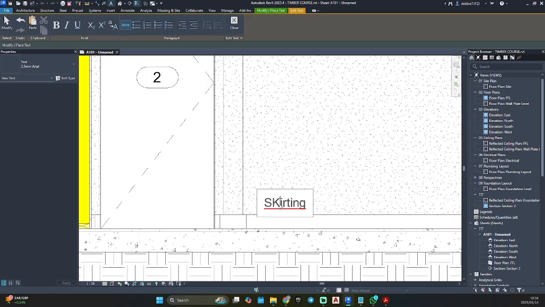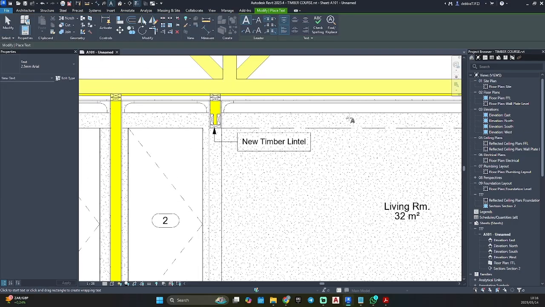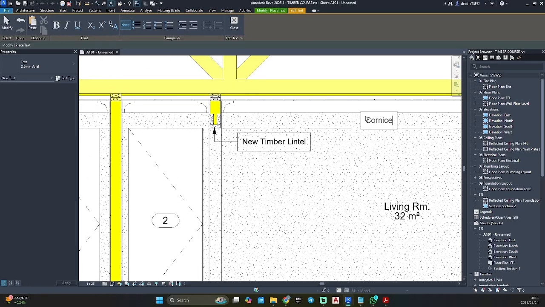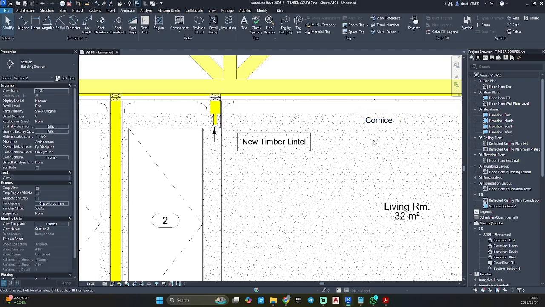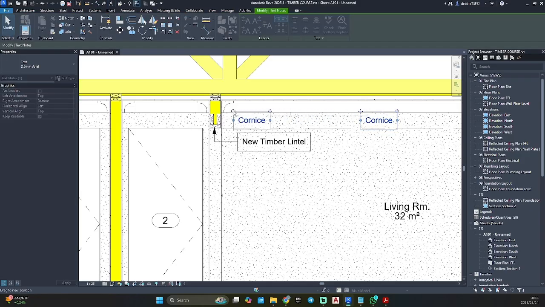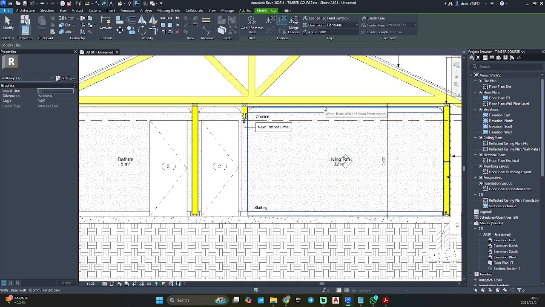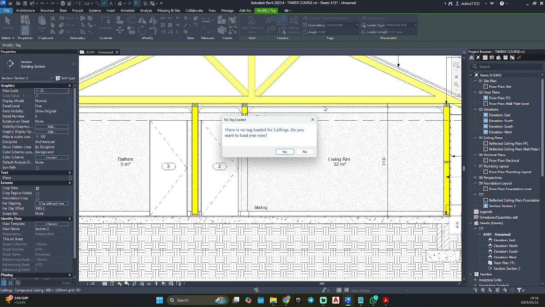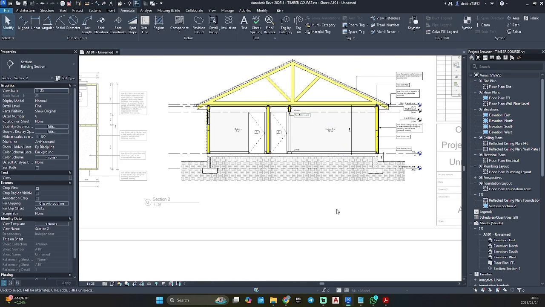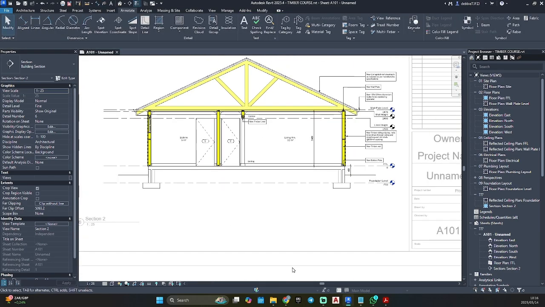Skirting. Corners. I don't have any ceiling tags loaded in at the moment.